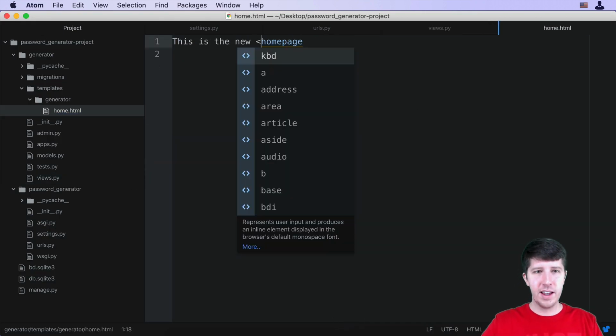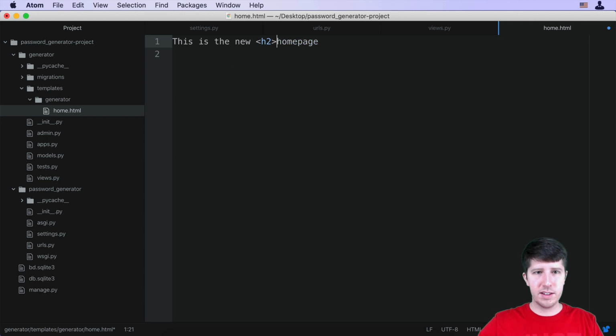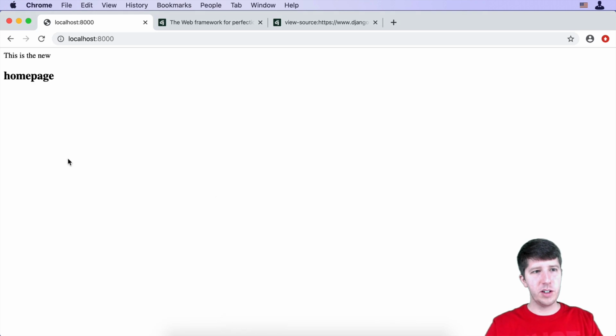If we want to see if this is really working, let's put this home page here inside of like an H2 tag. We'll hit save. Reload this page, and ooh, you can see that's bold now and it's on its own line, like cool stuff like that. So I will mention here, I'm going to try and explain stuff about HTML, CSS, and JavaScript